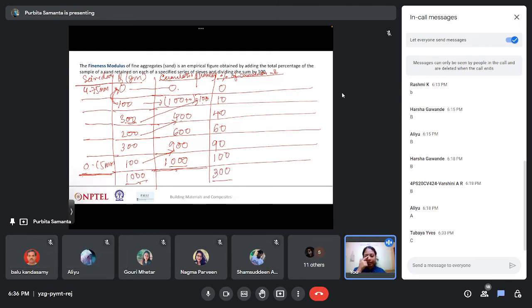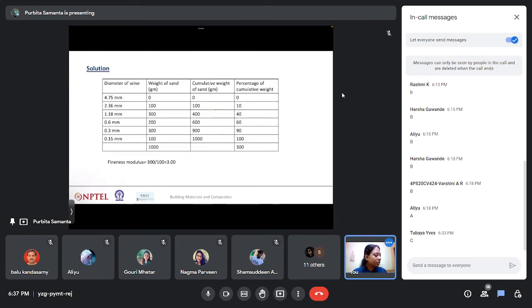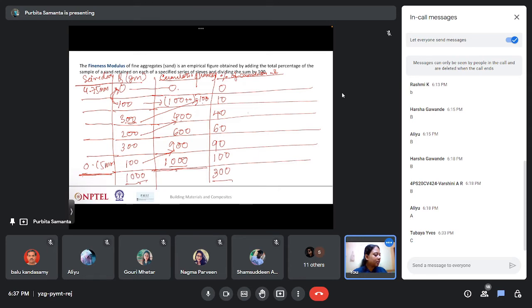Okay, so we are getting the value 300. Now how can we find the fineness modulus? That thing is only given. So fineness modulus is equal to,